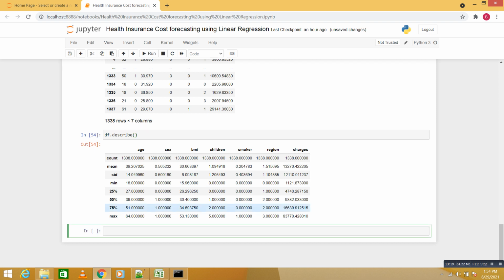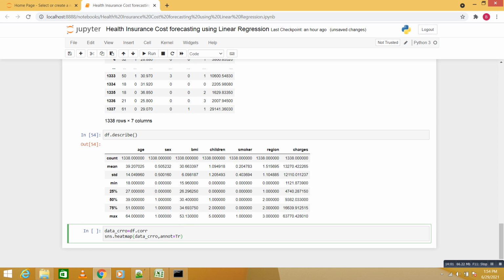I will say data_core equal to df.corr(). Then sns.heatmap of data_core, with annot equal to true.